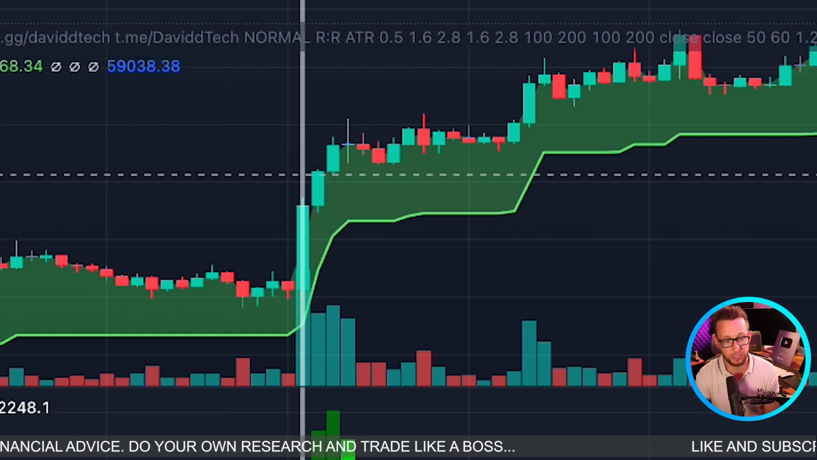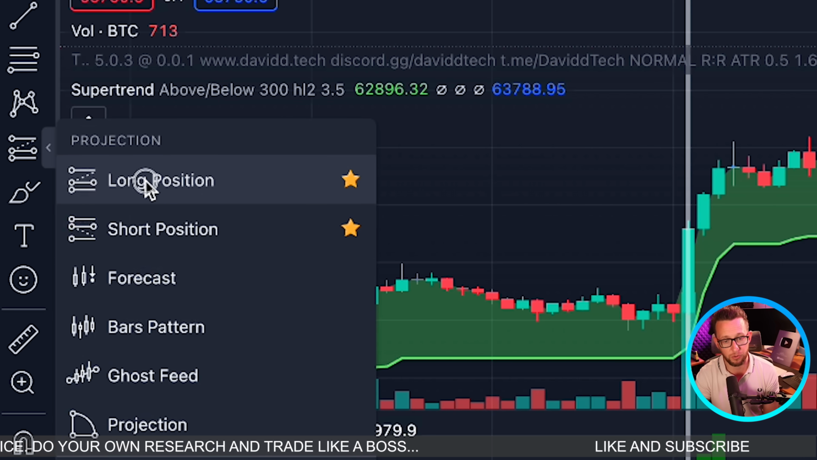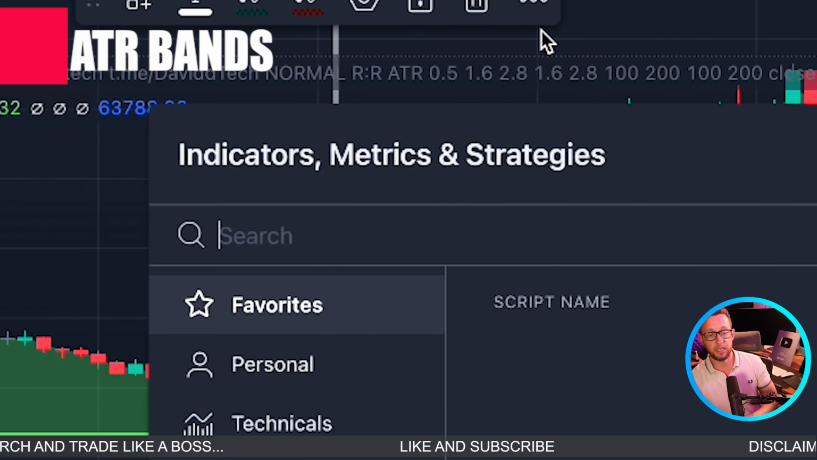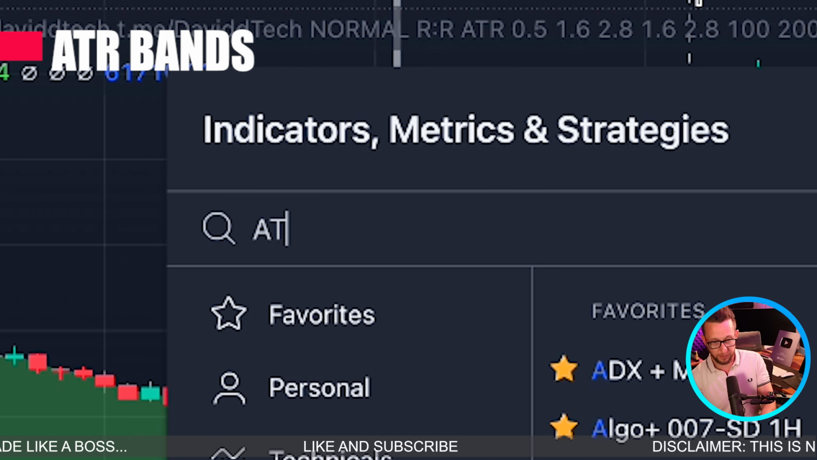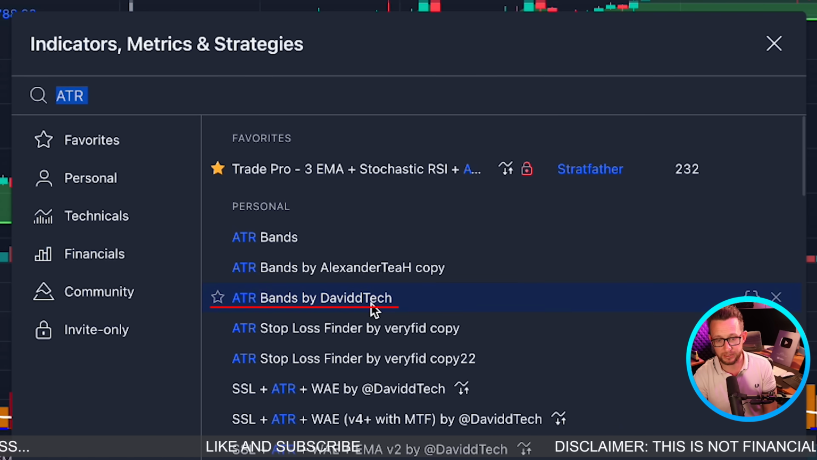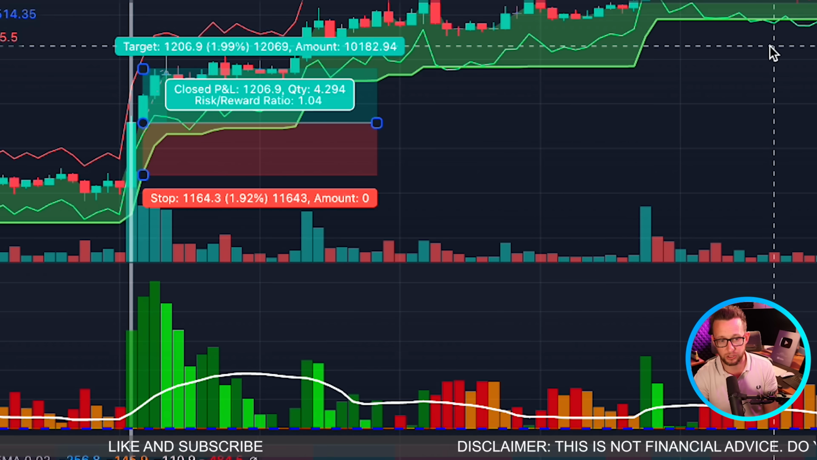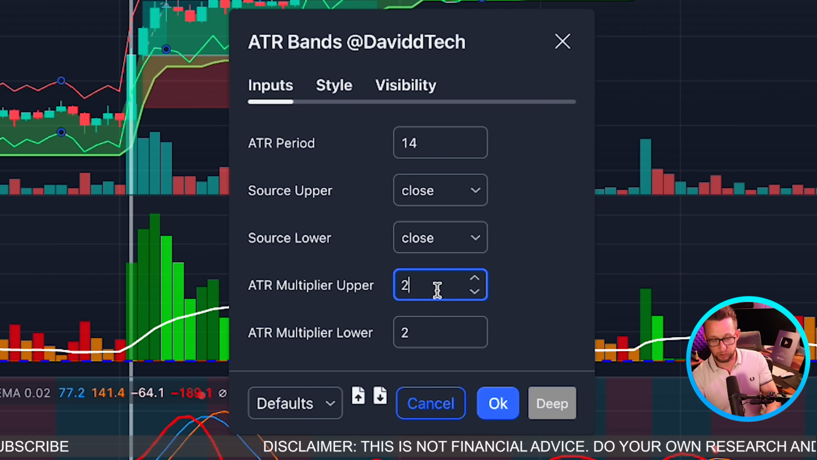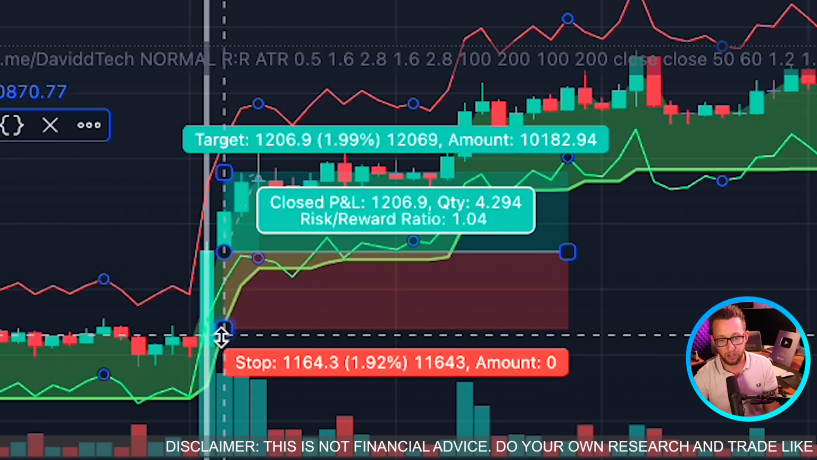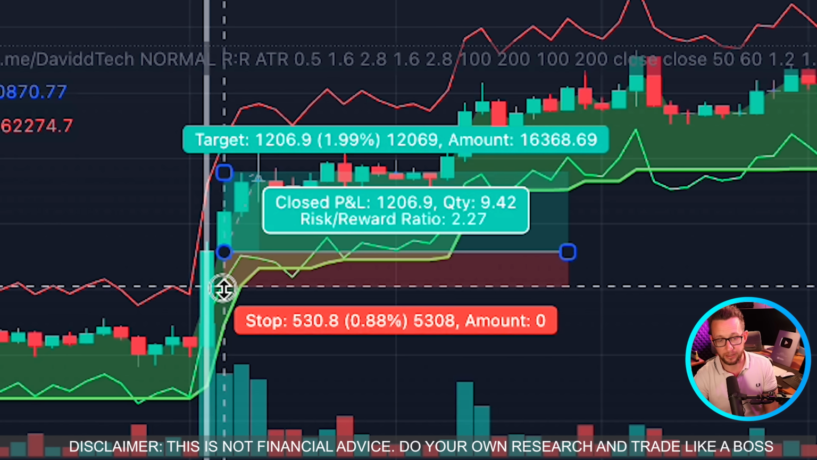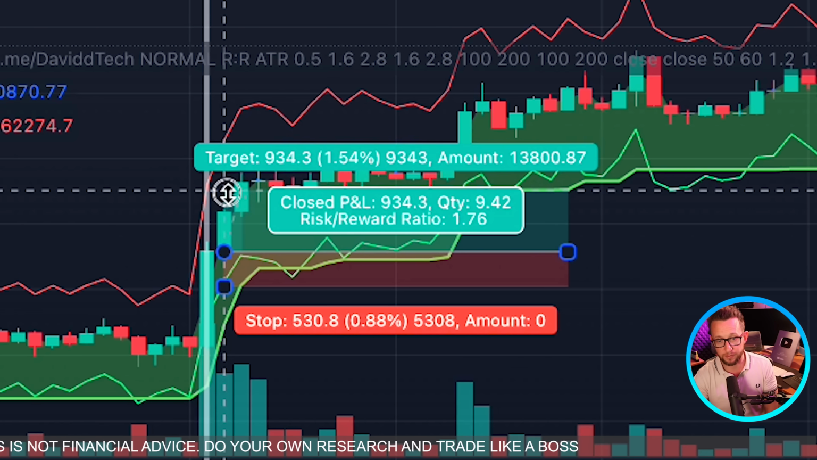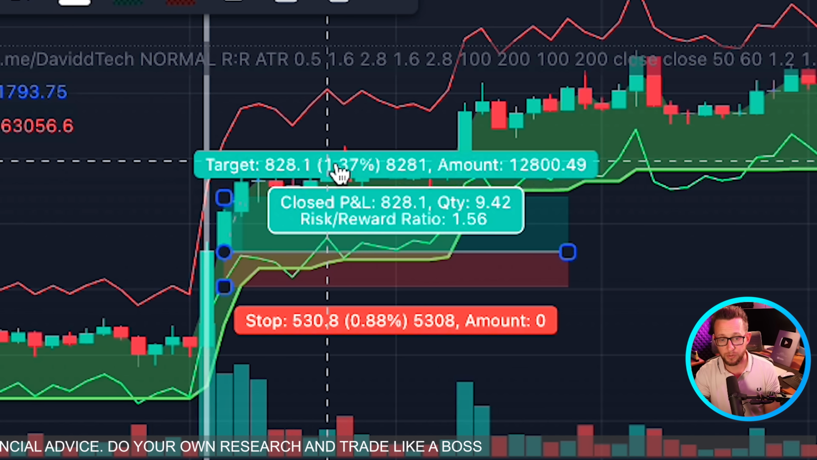We would have had an entry just here for a long. We're going to set our long to the next candle like this. And then we're going to use the ATR bands for our stop loss and take profits. ATR bands by David Tech just here. We're going to add that to our chart. We're going to go to the cog and set the multiplier to 2.5. We're going to set our stop loss to the ATR and we're going to be looking for a risk to reward of 1.5. Boom! That would have given you a win of